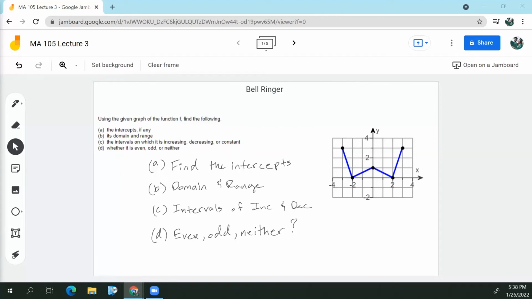Can somebody tell me where the x-intercepts are, if there are any? Are there any x-intercepts? And if there are, where are they? Yes. Plus or minus 1 and 0. Okay. So we've got